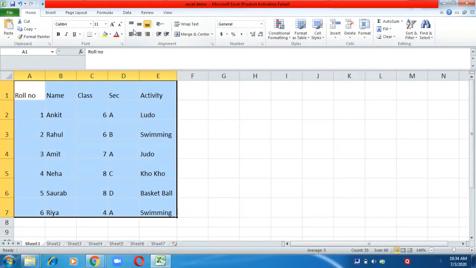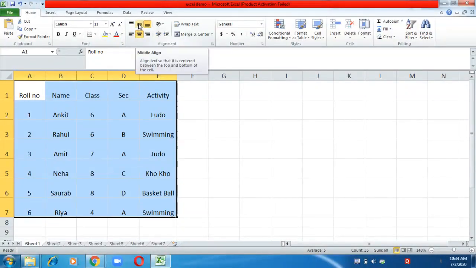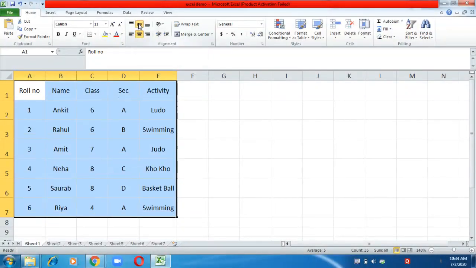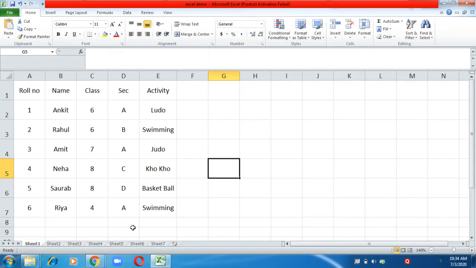After selecting the range of cells, go to the alignment tab, and there is an option of center align, and then there is an option of middle align also. So select both center and middle so that everything will come in the center, height wise also and width wise also. In both the ways the content is in the center now.